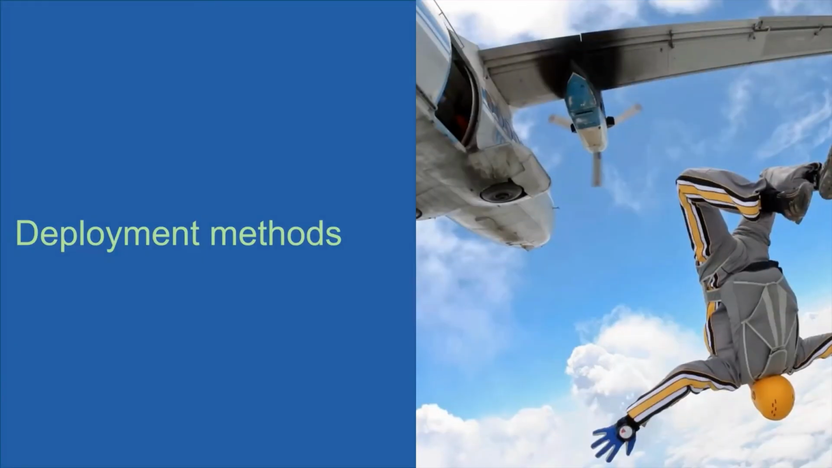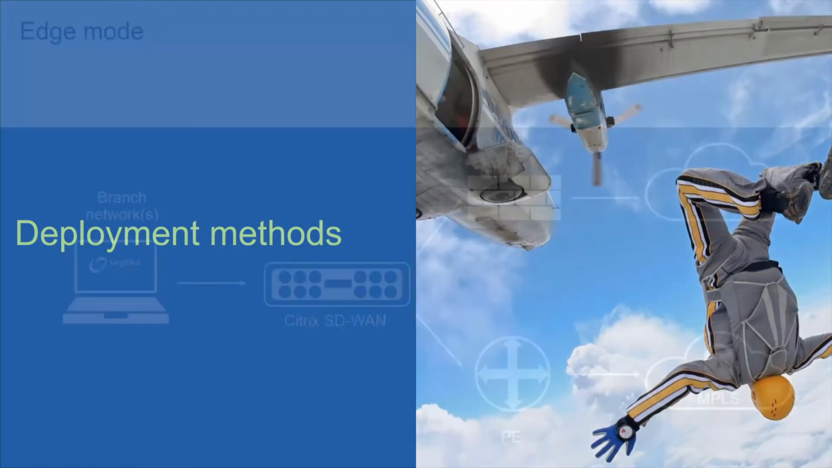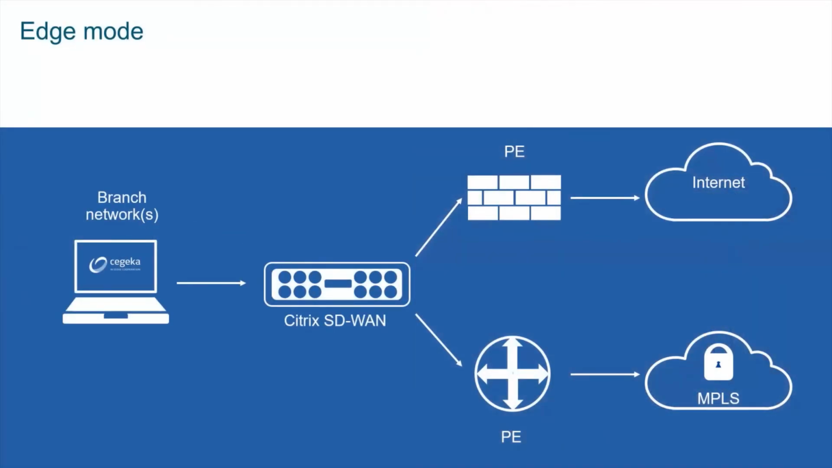So after the build, let's jump into some deployment methods. We have 3 methods and each has its own ups and downs. So we're talking about the first method, that is edge mode, where your Citrix SD-WAN acts as a router where your internet and your MPLS are connected to, and the virtual path is brought up, and the